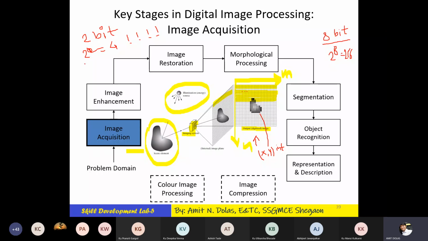If I'm saying a 2-bit grayscale image, there will be 4 gray shades. Are you clear? Are you understanding? There will be 4 gray shades. Approximately, if I want numbers, the shade intensities in terms of number will be, I'll tell you.